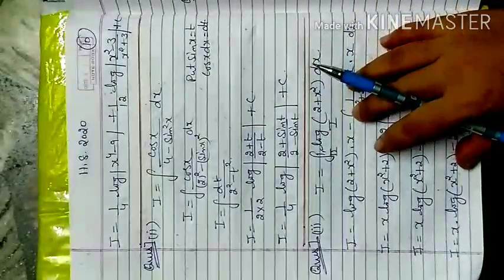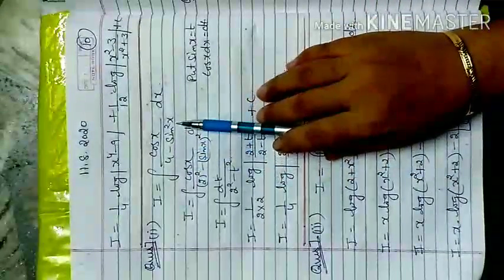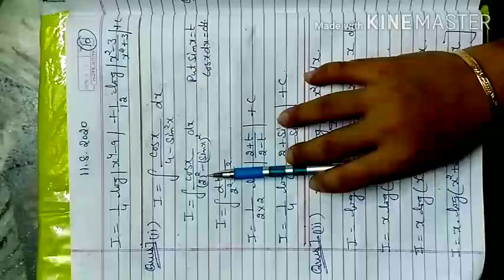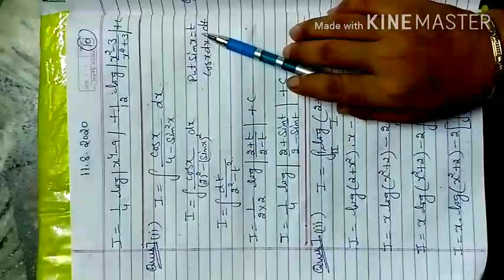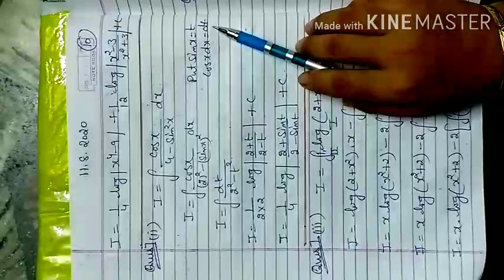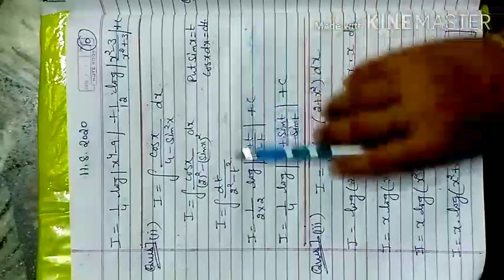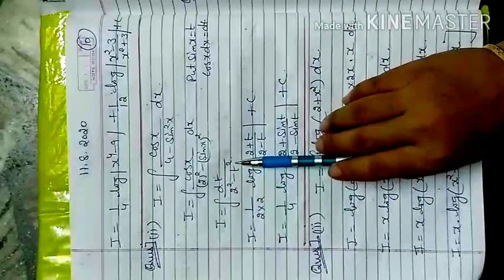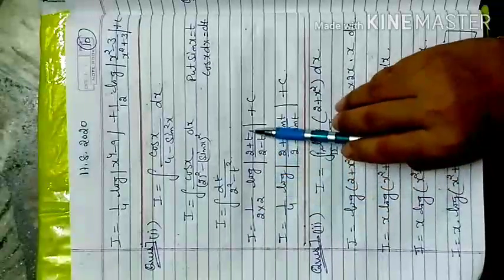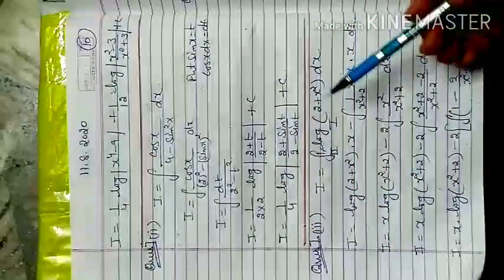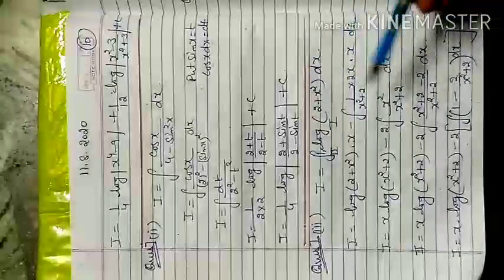Now your 7th question, second part, if cos x over 4 minus sin square x is there, first write it as a perfect square, 2 square minus sin x whole square. Substitute sin x is equal to t, cos x dx is equal to dt. After differentiation, that becomes the a square minus x square form, 2 square minus t square. So 1 by 2 into 2 log (2 plus t)/(2 minus t). We directly apply the formula and replace t back with sin x.